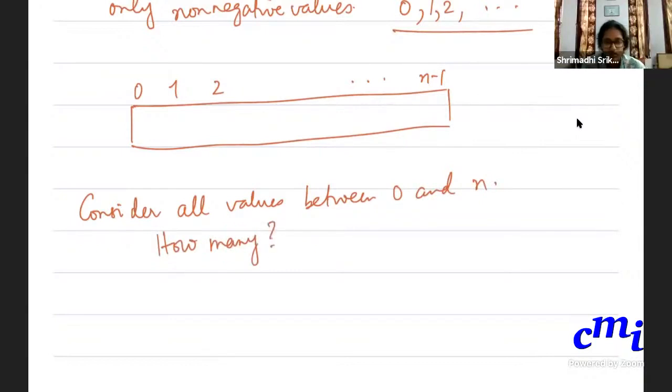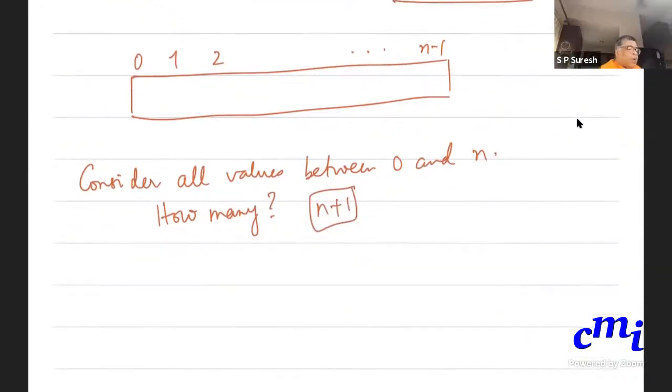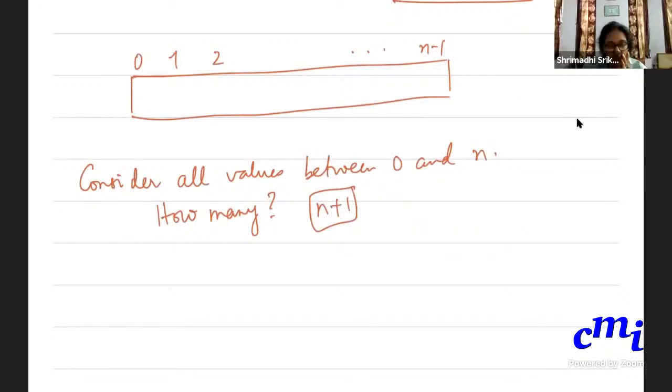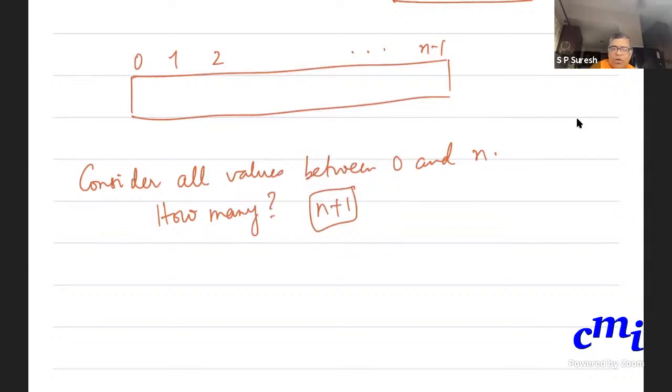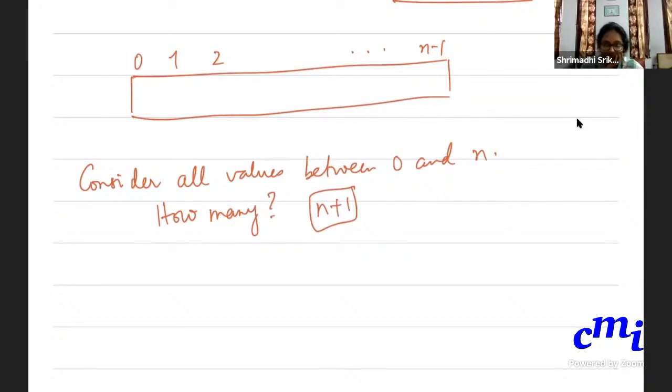Good. So can I put all n plus 1 of these values into the list? No, I cannot, right? Because one position can hold only one value. So therefore, what does it mean? If I cannot put all these values into the list, what does it mean? Like one of them has to repeat. That I understood. No, not one of them has to repeat. One of them cannot appear. Okay, yeah. That is your min out.